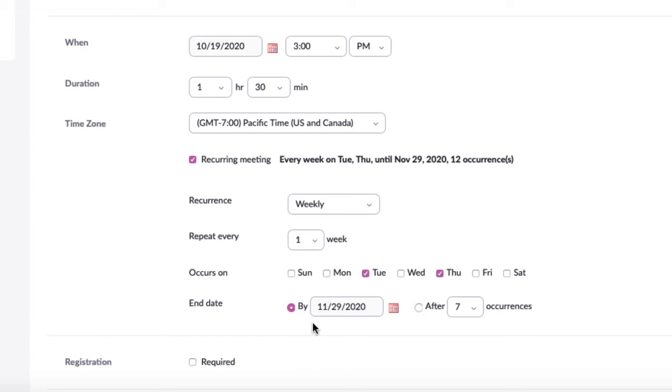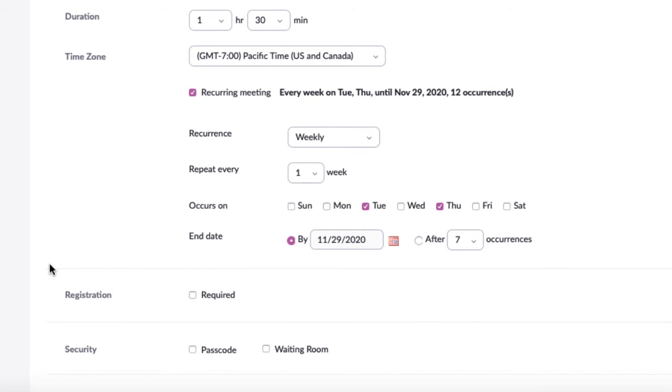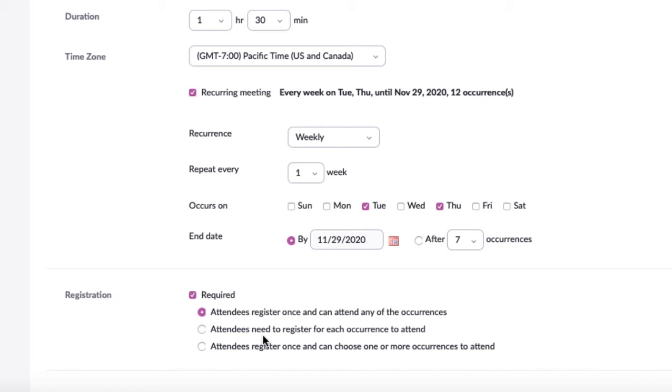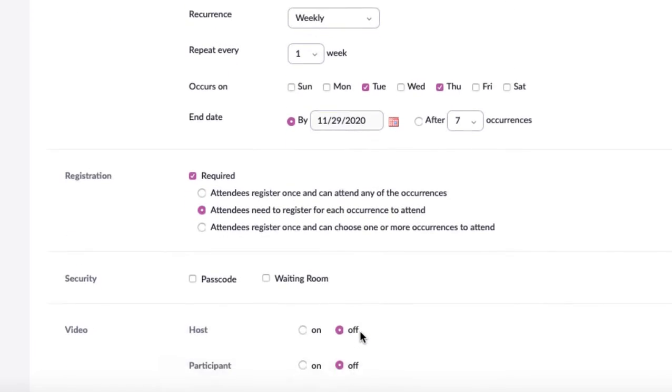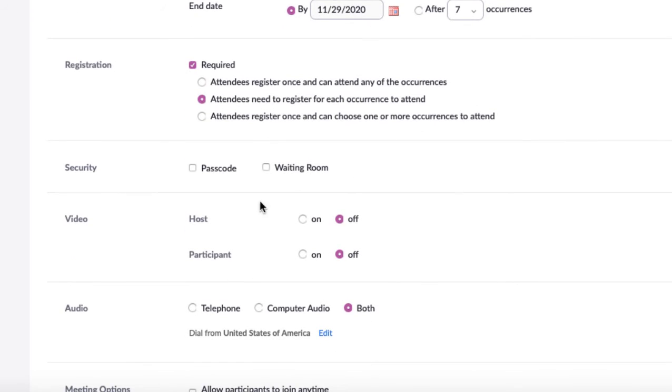Here's the main point. When you're setting up a meeting and you want attendance, you have to go here to registration and select required. And then you will want to select the second choice. Attendees need to register for each occurrence to attend. Then you go ahead and set up the meeting how you normally would if you want a waiting room, a